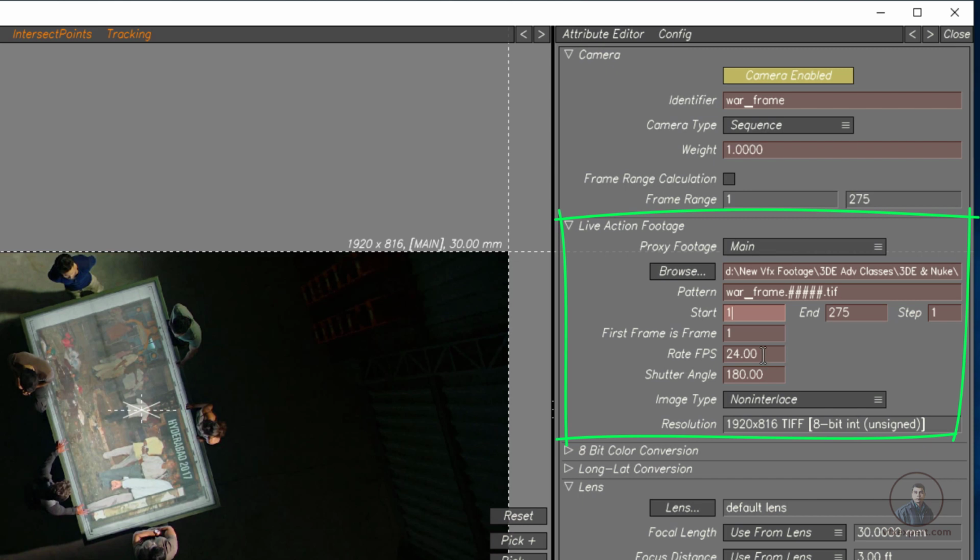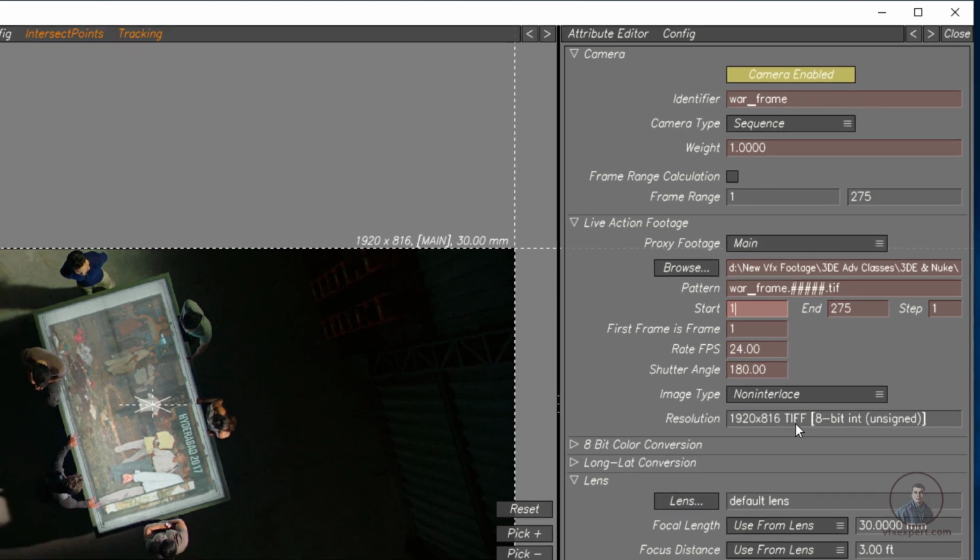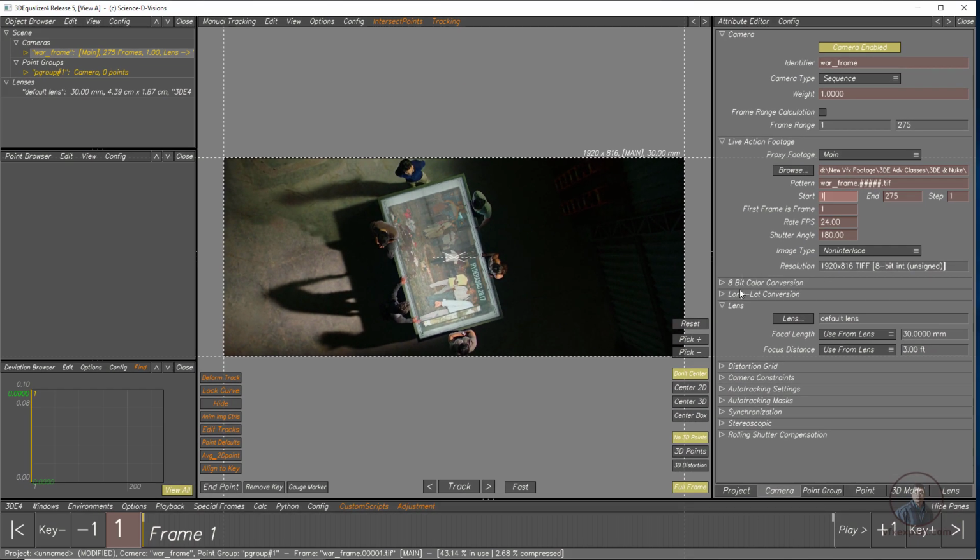If you know your footage frame rate, you can type it here. After this you can track the footage at the same frame rate. You can also check your footage frame size here. There are some other options here like lenses and so on. The remaining options we will cover in later classes.